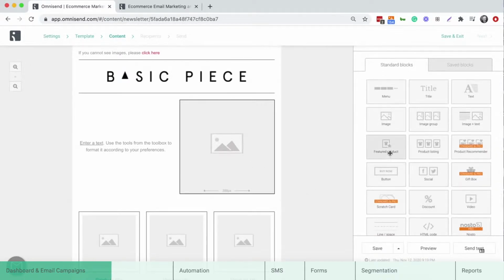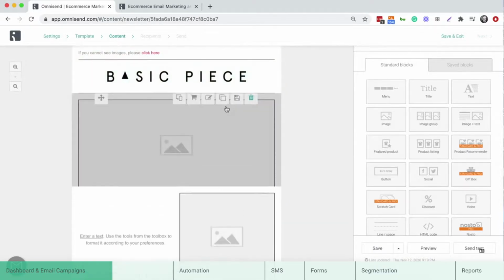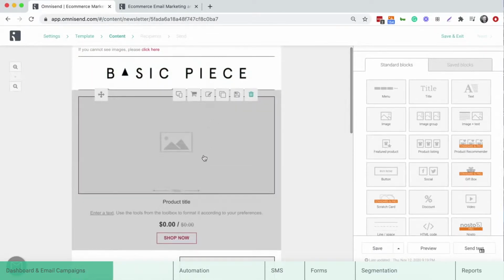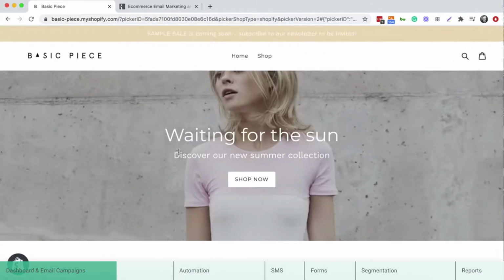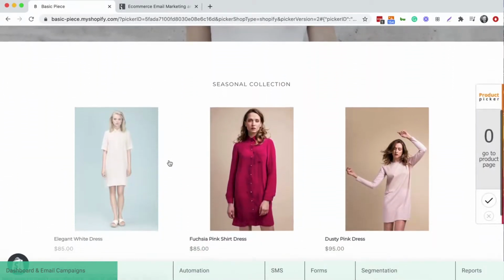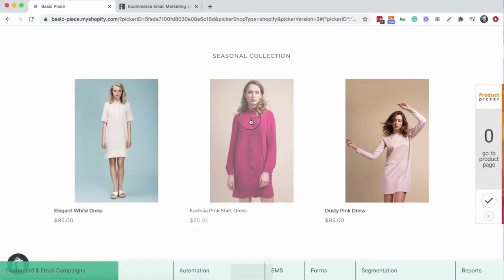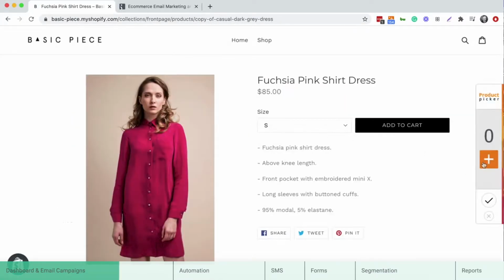You can also drag in features like this featured product block. What the featured product block does is, having an e-commerce store, you can click this shopping cart and we'll automatically take you to your store. I'll click it now. It'll take you to this is my e-commerce store. And let's say I want to add this dress or this product to my email. The Omnisend product picker will pop up, add it to it,